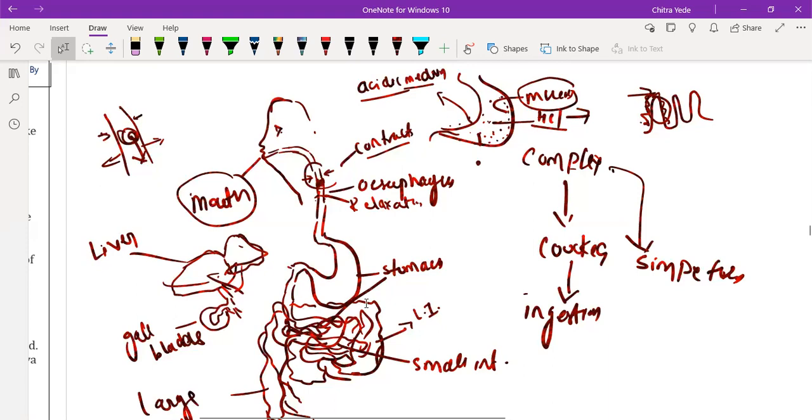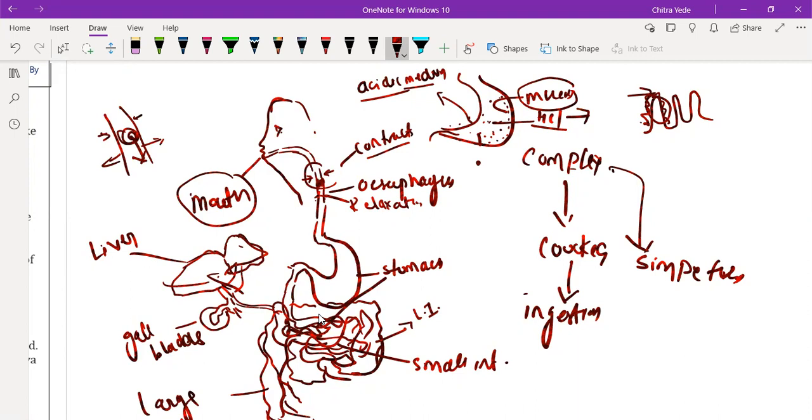Okay. After the digestion process in the stomach completes, the food is supplied to the small intestine. When food is supplied to the small intestine, from the liver, the largest gland of our body, it secretes digestive juice, which is supplied to the small intestine with the help of a duct called the common duct. Okay, why common duct? Because that duct comes directly from the liver as well as from the gallbladder. That's why it is called the common duct.